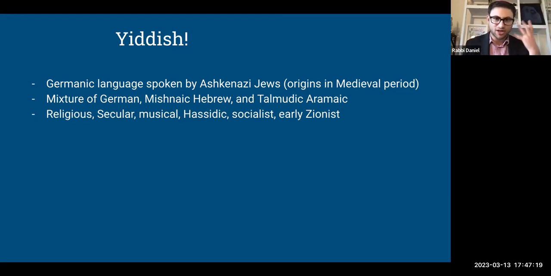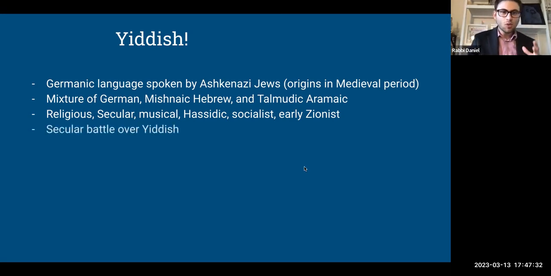This was the language of Hasidic Jews. There was a lot of socialist pamphlets and socialist arguments being made in Yiddish. And of course, all of the early Zionists, at least the ones from Eastern Europe, were also writing in Yiddish. But then all of a sudden, and this is my favorite part about Yiddish, it's probably